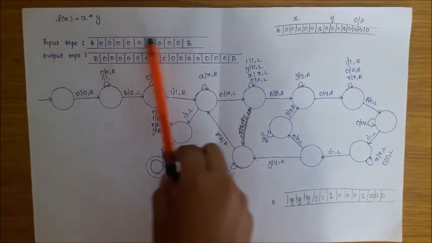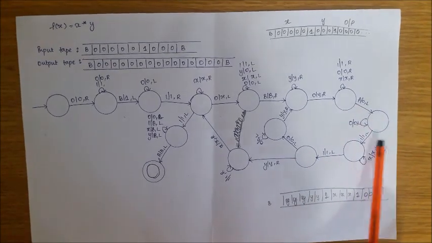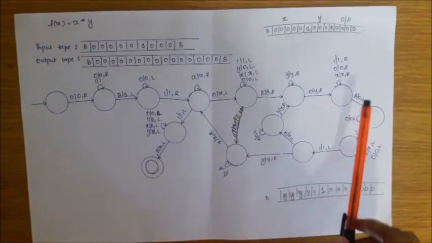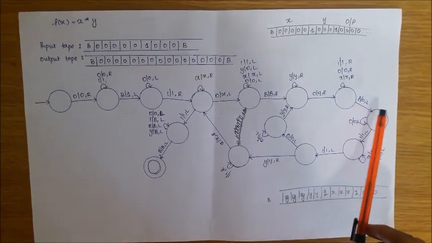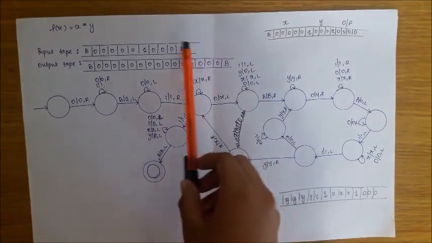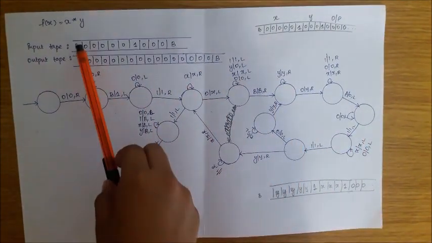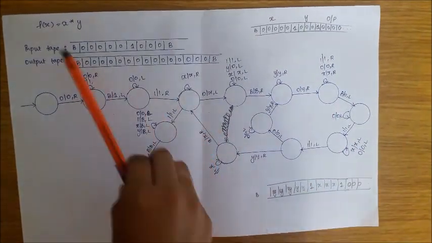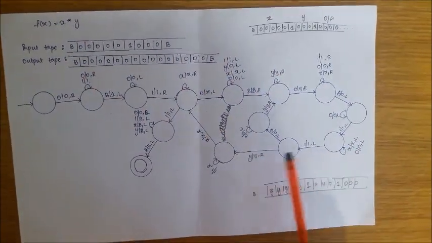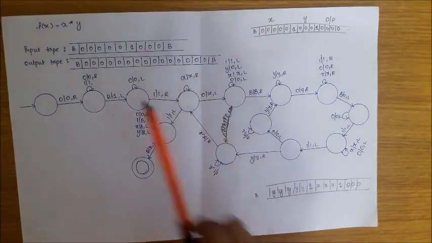So it ignores all the zeros and ones until it finds a blank. Now the blank is replaced with 0 and the pointer again moves left to find the next 0. This takes place 5 times here, as there are 5 zeros which should be added to the output string. Once all the 5 zeros are added, the pointer is here which will move to the next state.